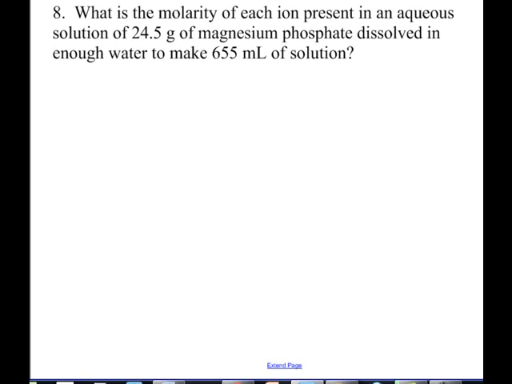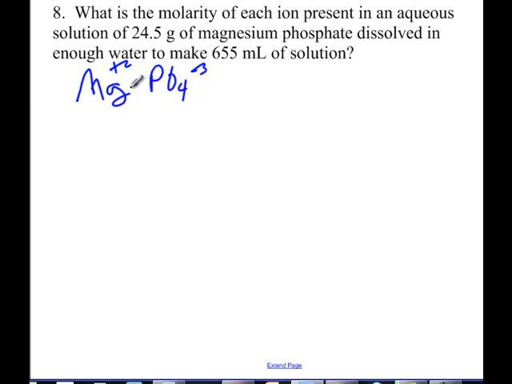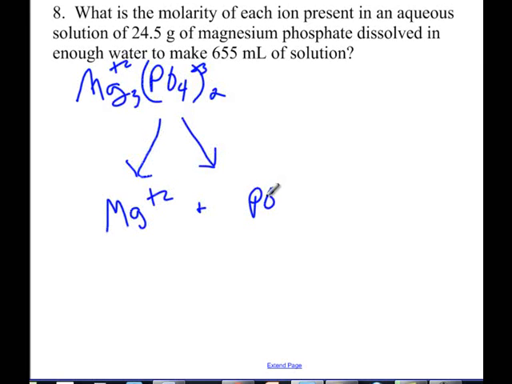So let's first take a look at what happens when I take magnesium phosphate. Let's write the formula first. Magnesium phosphate, that's a -3 ion. This is a +2 ion, so I need 3 of those and 2 of those. Okay, when I dissolve this in water, it breaks up into its ions, just like any ionic compound will. So it's going to break up into that magnesium +2 and the phosphate ion, which is